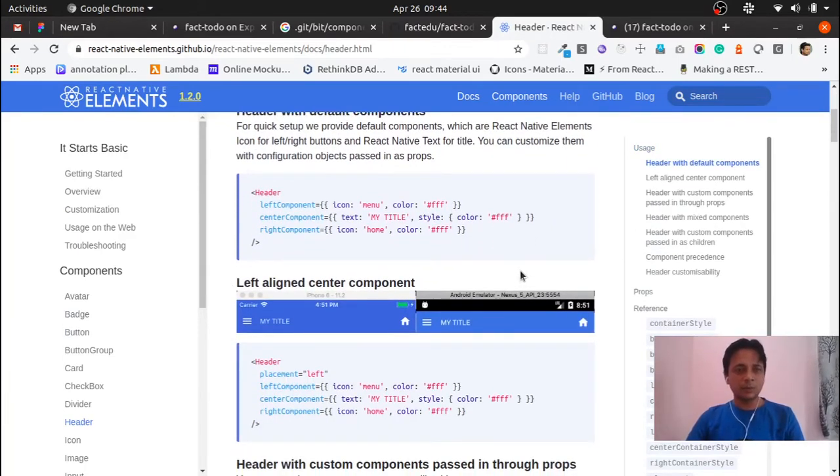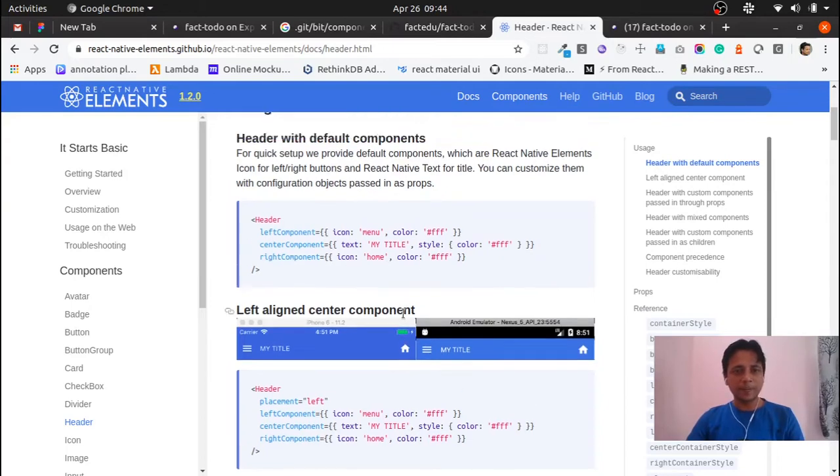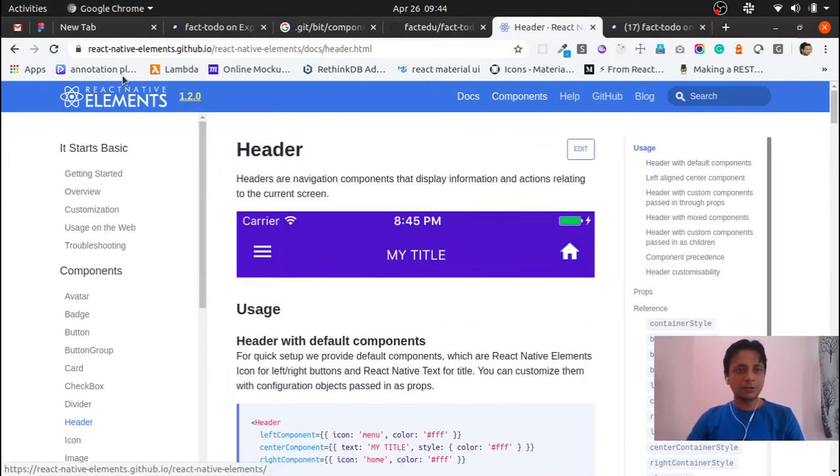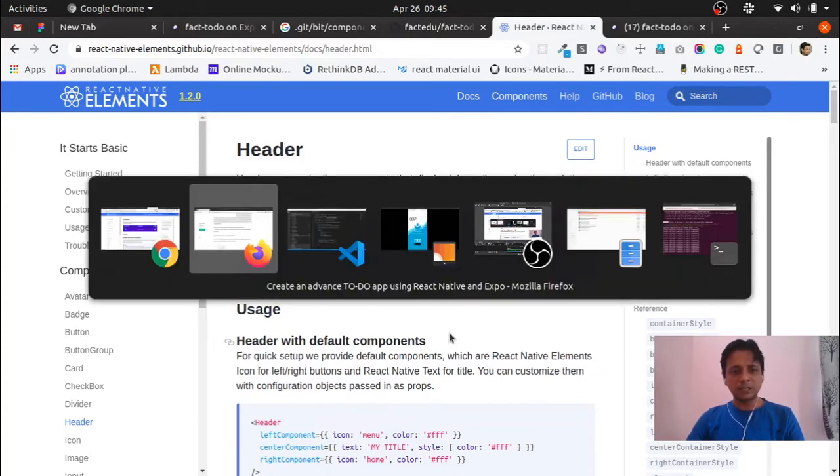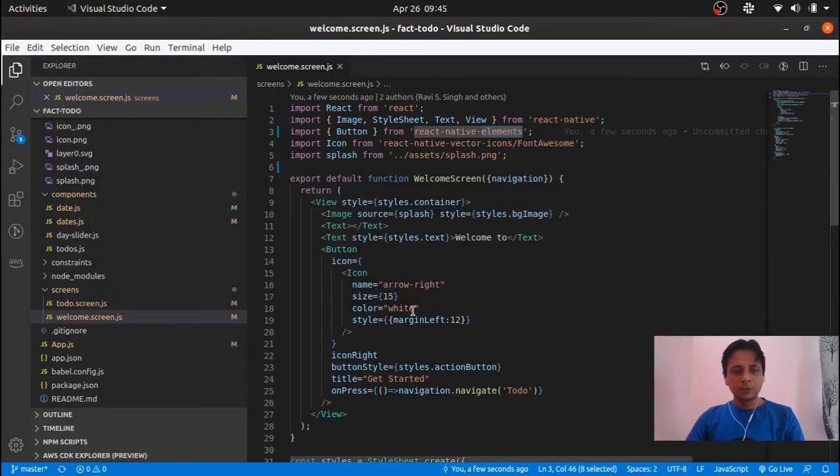So this is what I'm going to be using. You can visit this particular site if you want to go deep into that, but I'm not going to use the full components of these, but I'm going to use this button and few other stuffs.